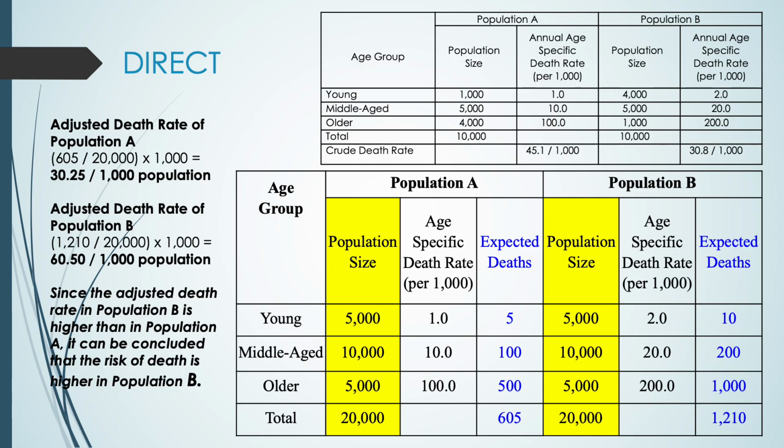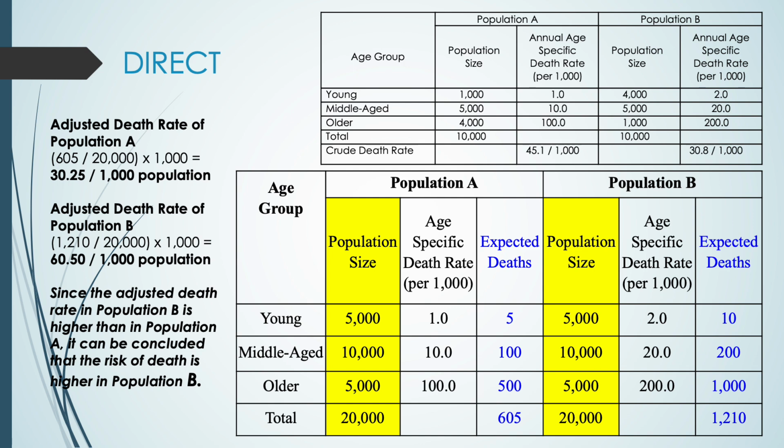So for easy reference, I just put the previous table right above. So please do refer to it so that we won't get lost. We do direct standardization as we standardize the population size by first adding the population of A and B and using this for both populations. So for example, we take the young population, we add 1,000 population size of A and the 4,000 population size of B, and put it in the highlighted part for the young class. So that would be equal to 5,000.